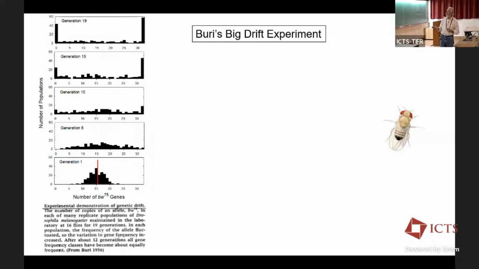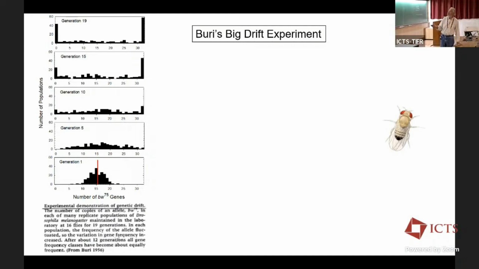And after, so they all started here, and after he had 256 replicate populations, by the way. And so it's actually in 2 experiments. I don't think he could have physically done 256 all by himself at once. But you can see after 1 generation, the allele frequencies have drifted away from the initial value. And after 5 generations, they drifted still further. After 10 generations, there's almost equal frequencies, equal probabilities of the replicates having a particular frequency.